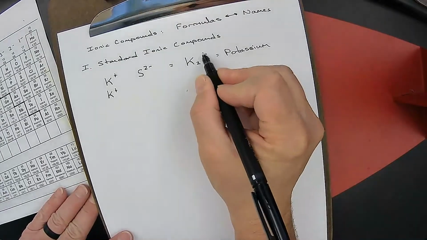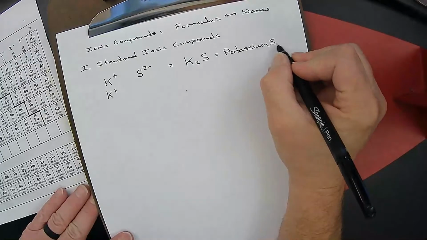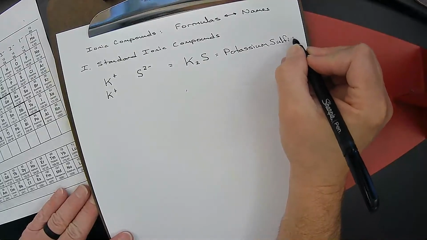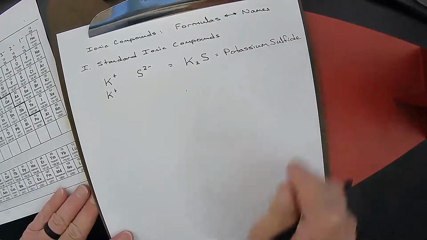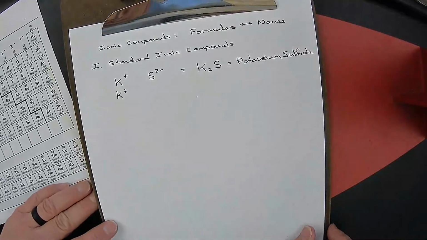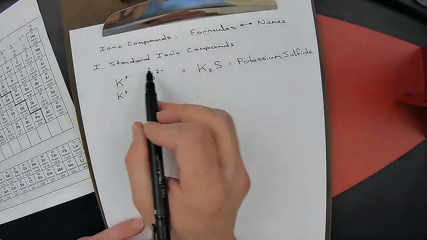And then instead of sulfur, because it came from the periodic table, we would go sulfide: potassium sulfide, a standard